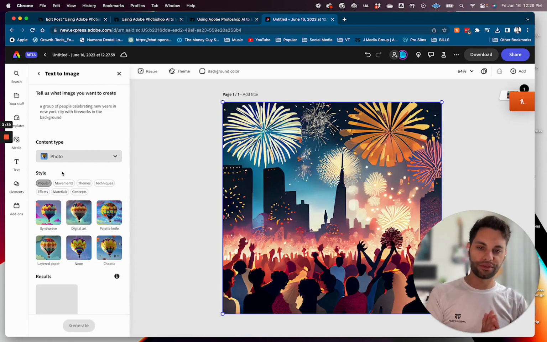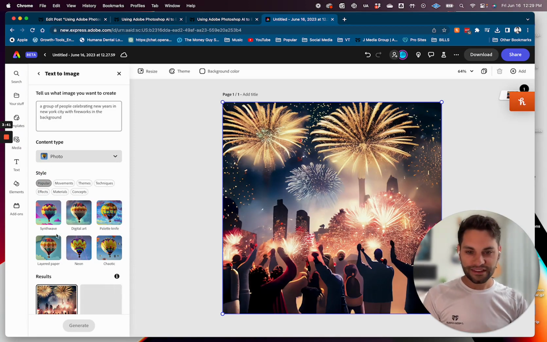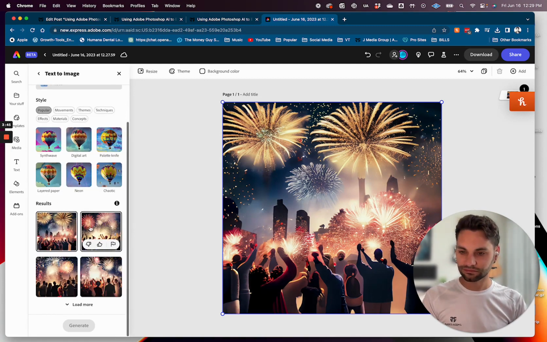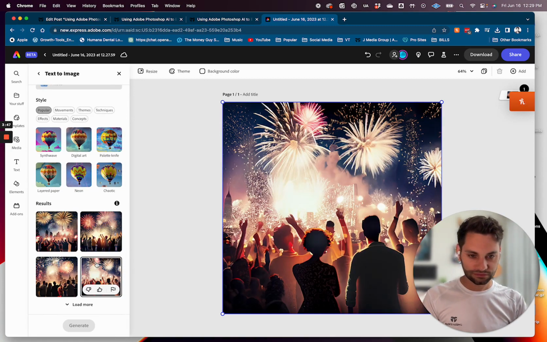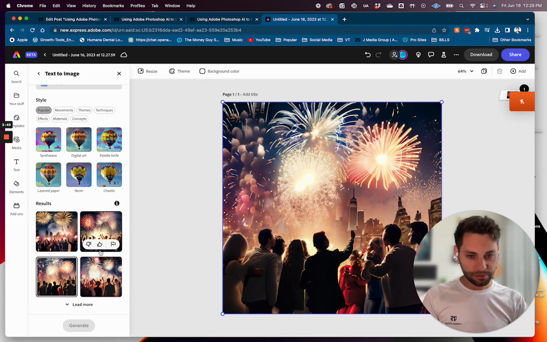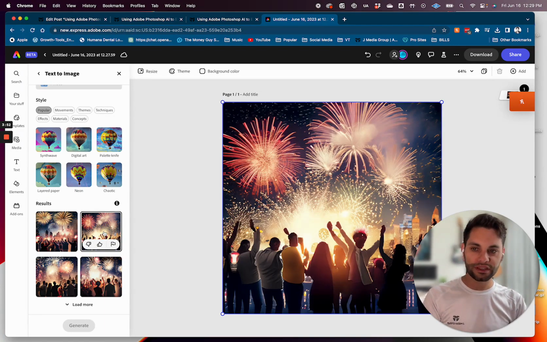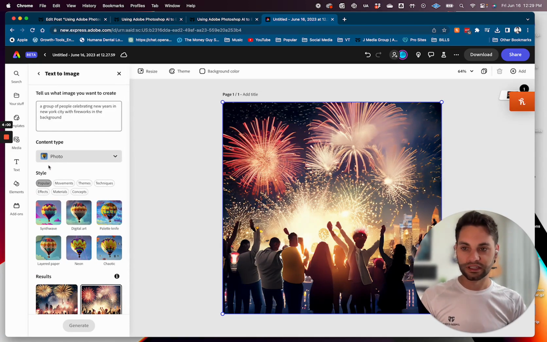We'll select photo in the content type, and this still looks pretty graphic-y to me. But it's pretty cool. I mean, that's pretty sweet. It's a good starting point for a graphic. You might overlay some text, some of your logos, whatever it may be, if you have a themed social post